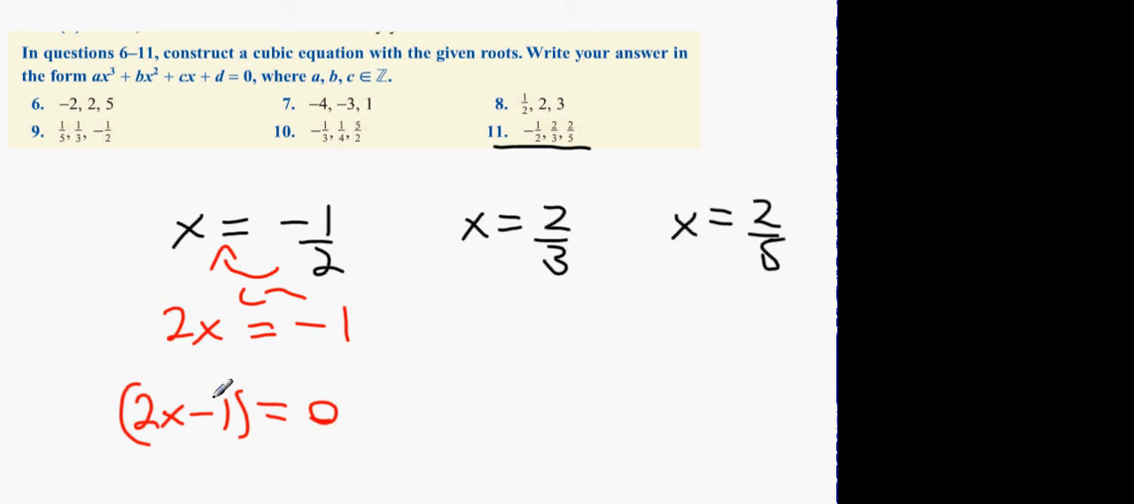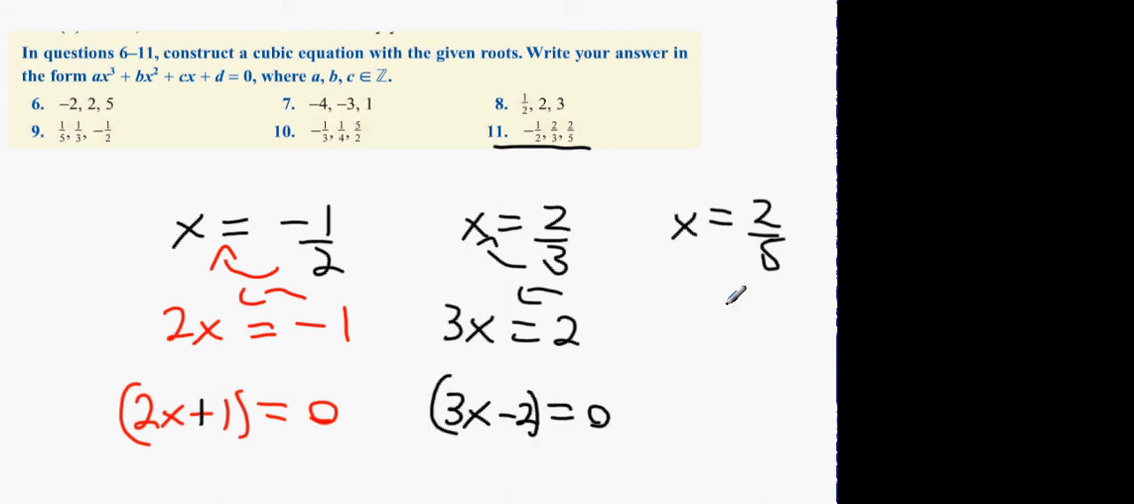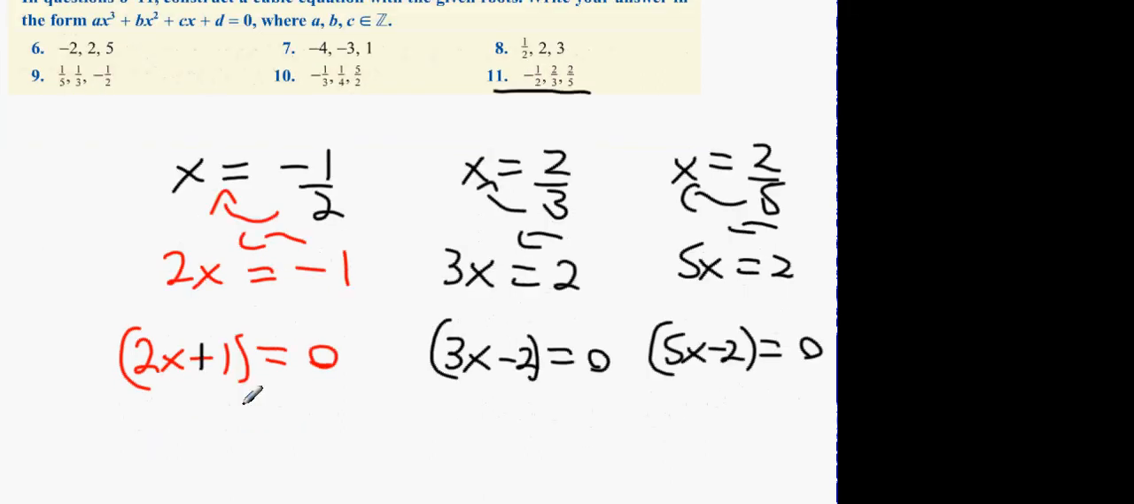Second one is cross multiply. 3x equals 2. Bring 2 over the other side: 3x minus 2 equals 0. That's your second factor. And finally, your third factor is going to be 5x equals 2, so 5x minus 2 equals 0. That's your third factor. Now, this polynomial is equal to all 3 factors multiplied